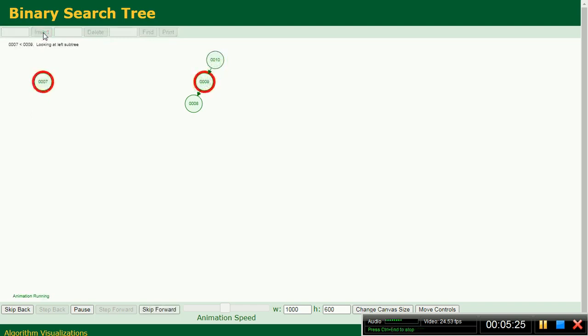In the same way, a right skewed binary search tree is also possible.